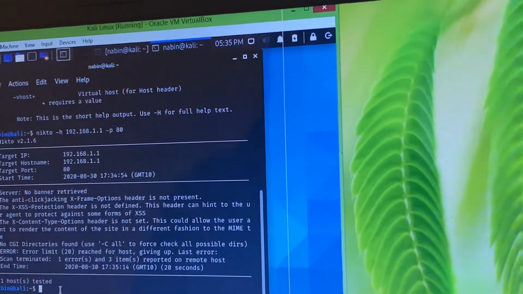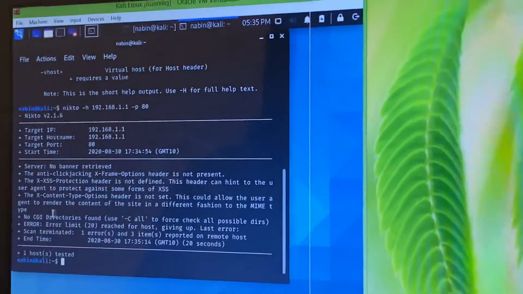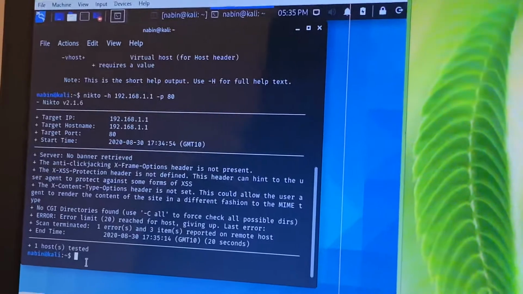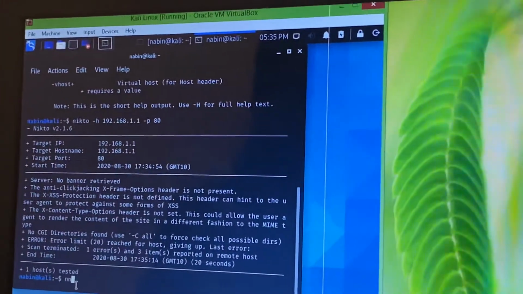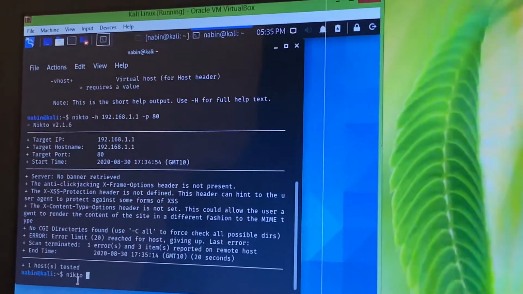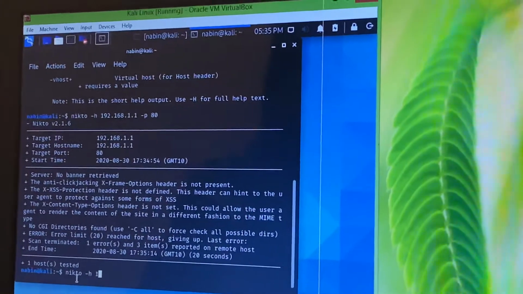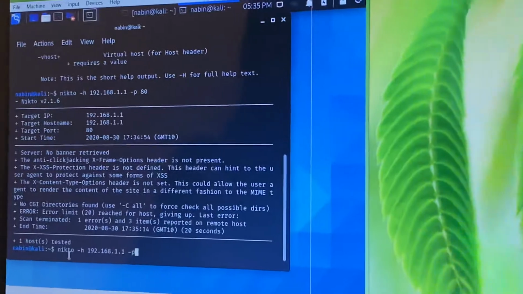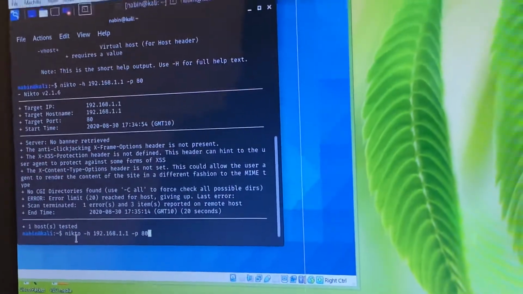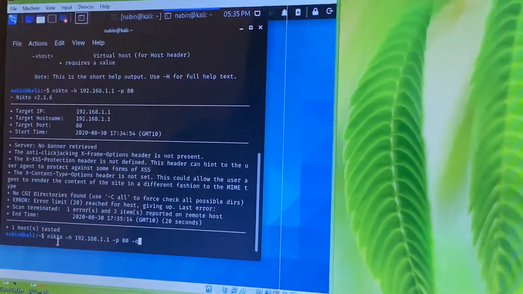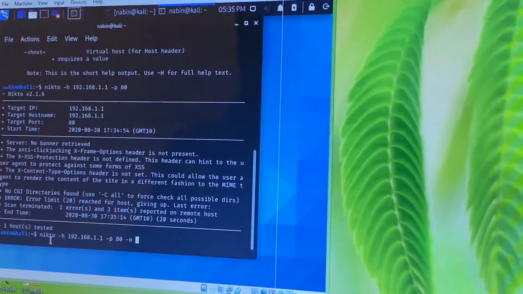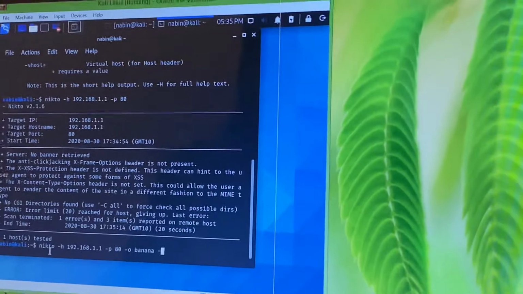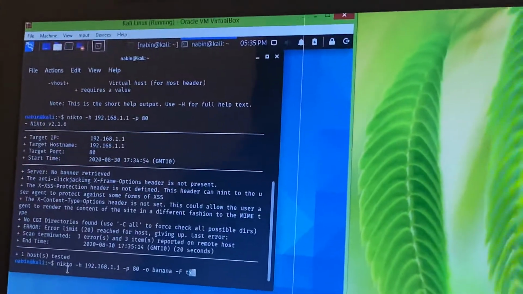5:35:14. And if we want to store this information in any file on the desktop or any folder, we can do it like this one. -o for opening the file, -f for the extension.